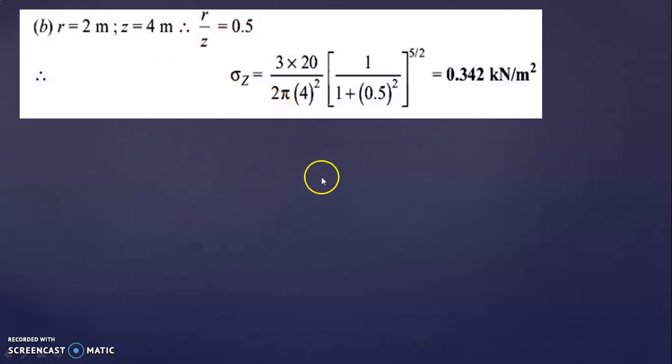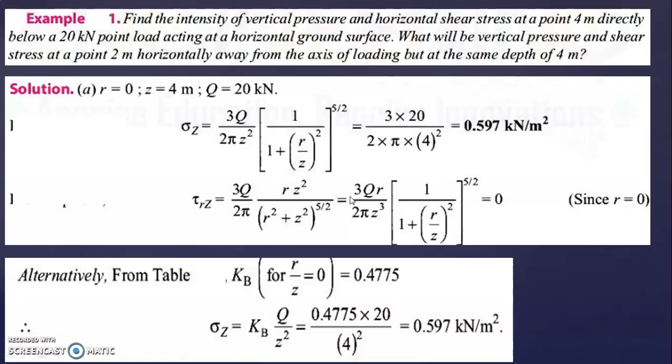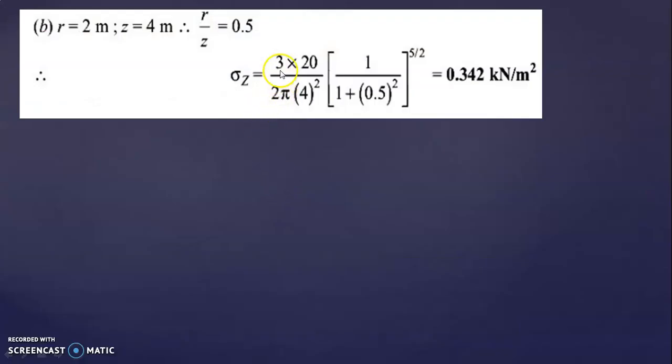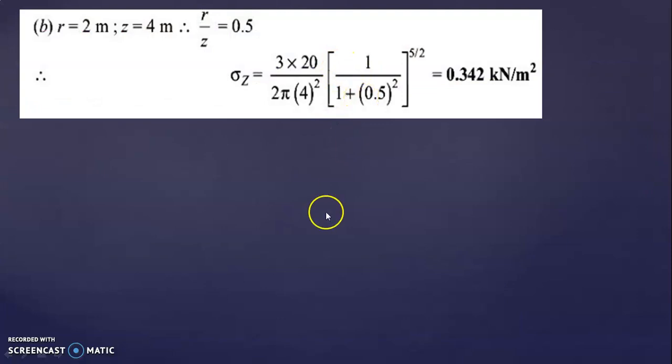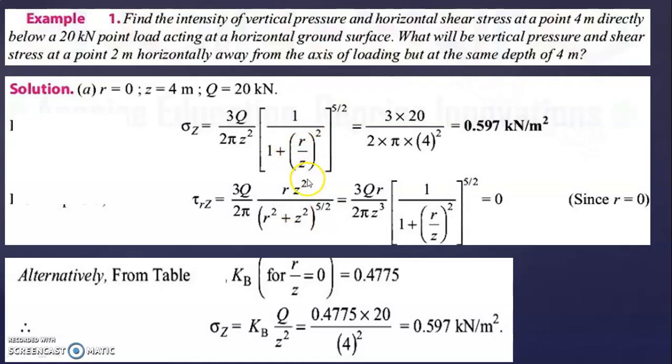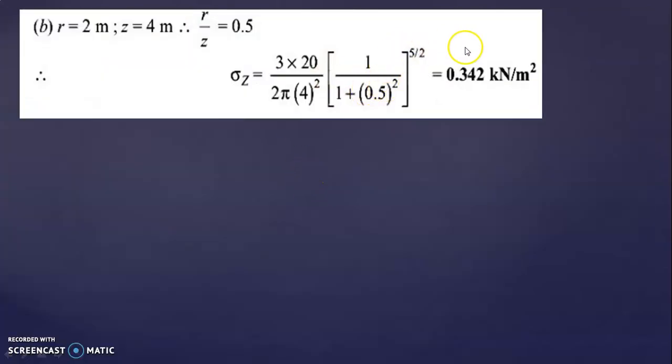Okay, now I use this formula only. Sigma z is equal to 3q divided by this equation. So what is that? 3 into q is 20 divided by 2 pi z square, 4 square, into 1 divided by 1 plus 0.5. This r by z is 0.5, so (0.5 square) to the power 5 by 2, you get 0.342 kilonewton per